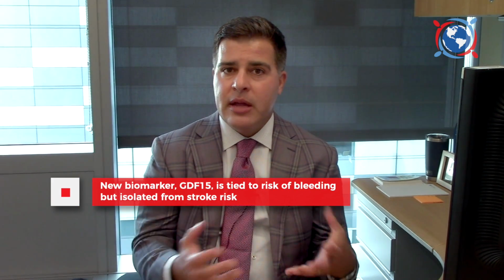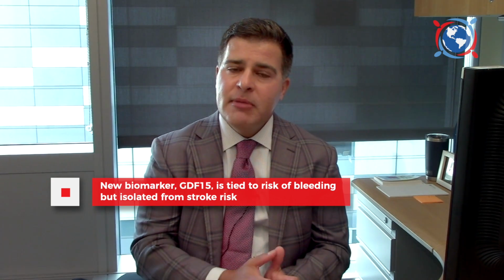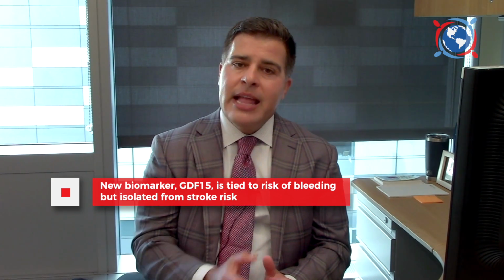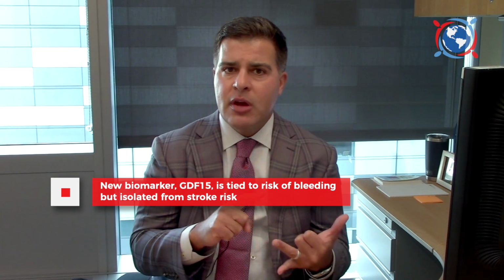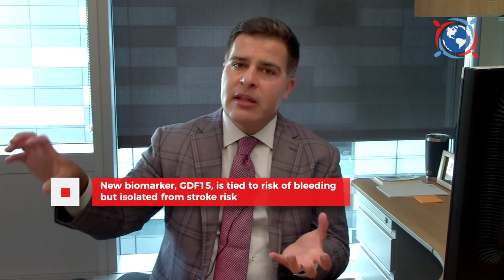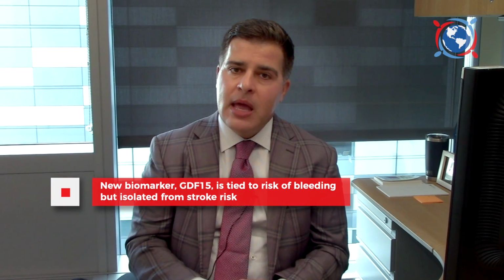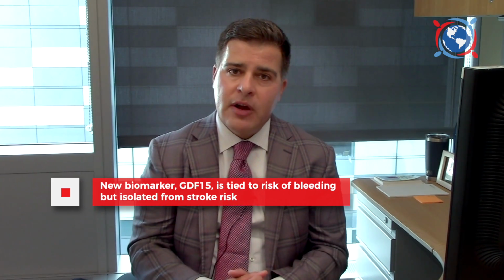And I think this is where some of the real excitement in the risk stratification biomarker community is, that through work actually done through one of the clinical trials, there ended up being a biomarker called GDF15, which is a biomarker that represents sort of elevated stress or injury or inflammation that seems exquisitely tied to the risk of bleeding. And that's what was really the holy grail when you talk about bleeding risk stratification. We know the elderly, we know patients with high blood pressure, those patients are at risk for stroke and bleeding, but is there a factor that we can measure that just represents bleeding risk, isolated from a risk of stroke? And if you incorporate this marker, GDF15, with hemoglobin and other common clinical variables collected, you get an